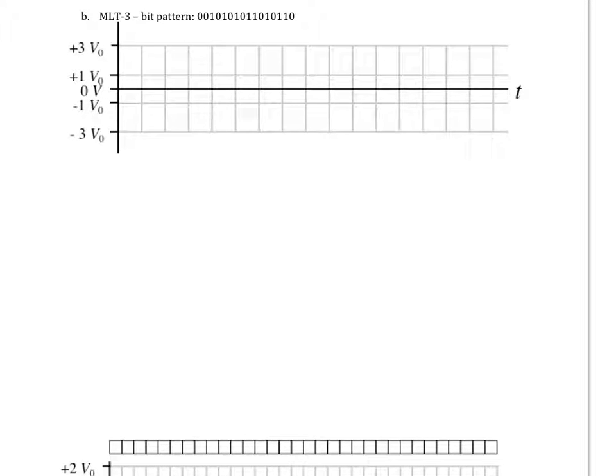And the idea here is that a 0 bit is going to give you no voltage transition from the previous voltage, and a 1 bit is going to give us a transition